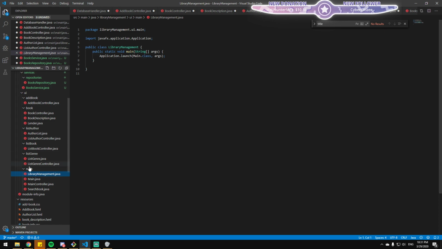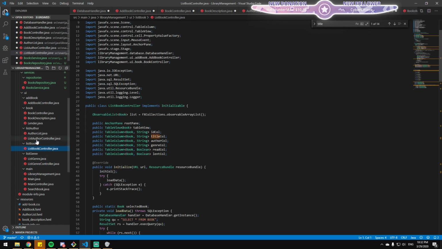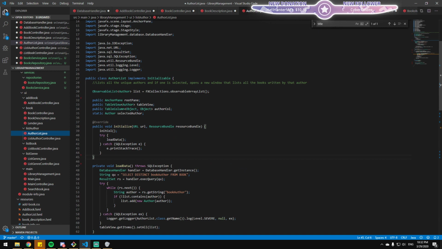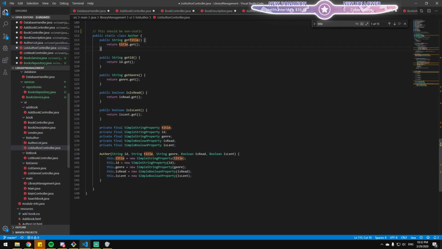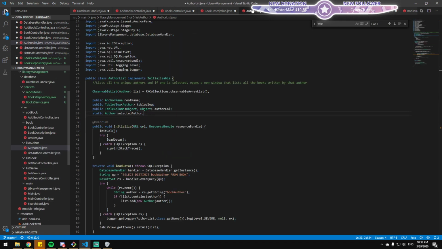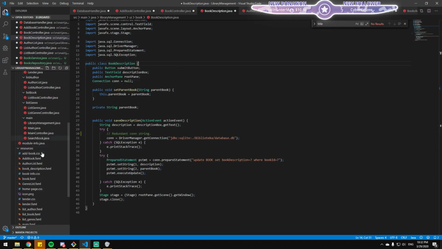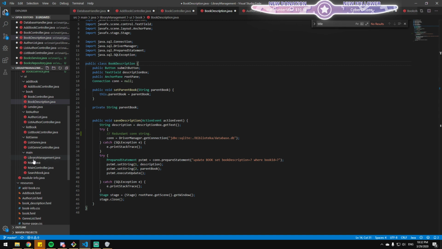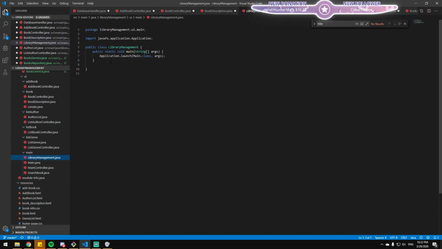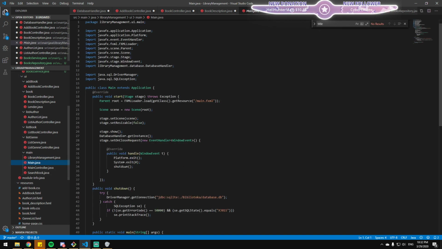So, all of those classes share the same problems: you just need to separate database stuff from UI stuff, and business logic stuff from the rest as well. So you essentially always have at least three layers: your data layer, your business logic layer, and your UI layer. And what I do like is that you didn't touch this class at all. I presume this is the default class that gets generated for JavaFX. Yeah, so that's good.